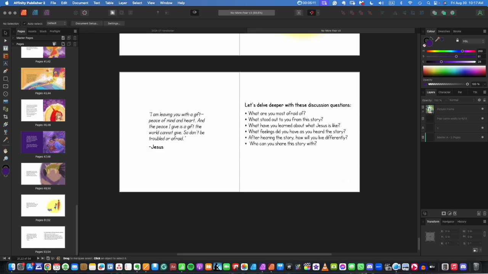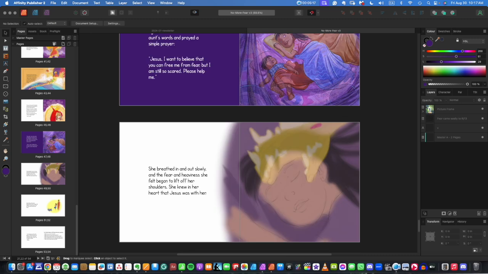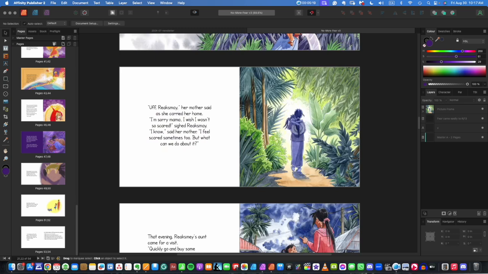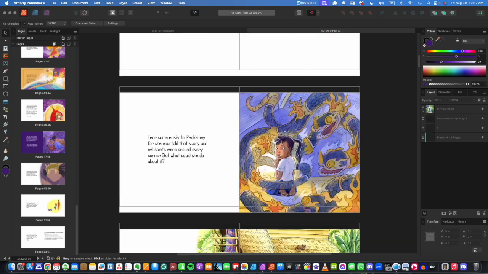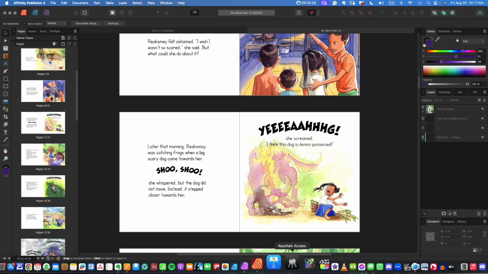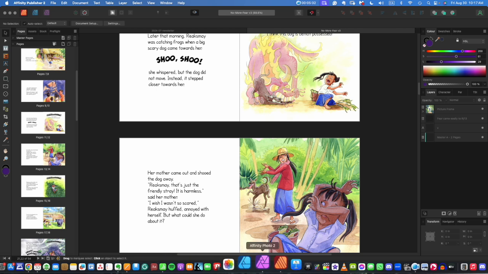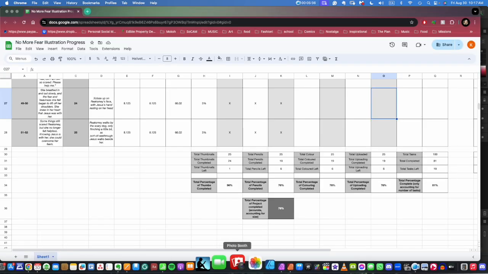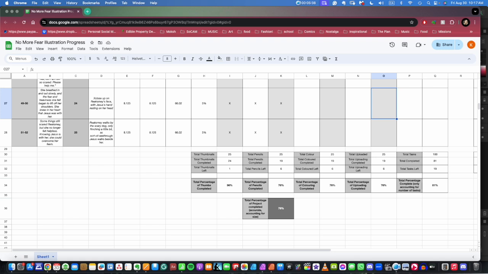At the end of the book, there are some discussion questions that people can use. So I'm as caught up as I can be. Now my leader's going to be bringing this product that we've made so far to the Y Together conference and hopefully getting some good feedback from people who work in Cambodia or perhaps are Cambodian and understand this kind of stuff. I am happy to say that means I'm finishing off for now at around 80%,